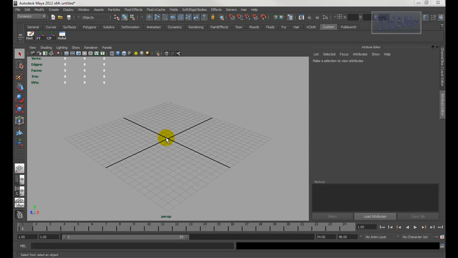Okay, in this video I'll show you how to do wireframe rendering. This is good if you want to put it on your reel. Okay, show wireframe. Now I know that there are a lot of tutorials out there that show how to do wireframe rendering. However, what makes mine different is that